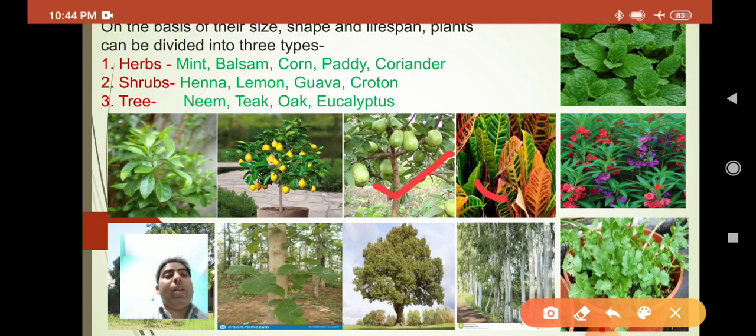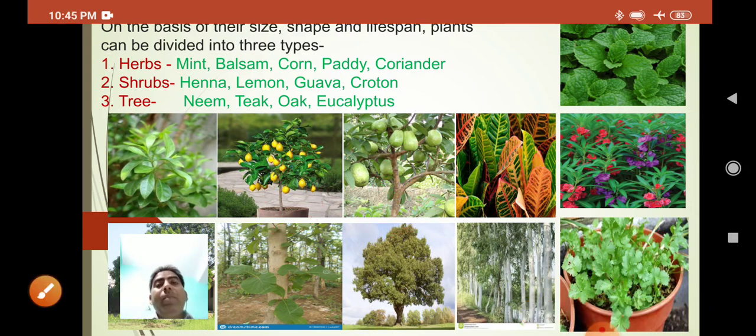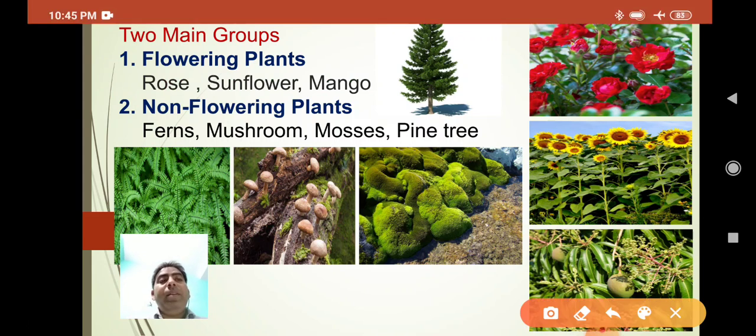The croton plant also comes under the shrubs, and their stems are brown in color. You can see in the case of guava, their stems are brown, hard and thicker than herbs. You can see the lemon, they are thicker and bigger than these herbs. And the important thing is that many branches arise near the base of the plant. You can see many branches coming here,